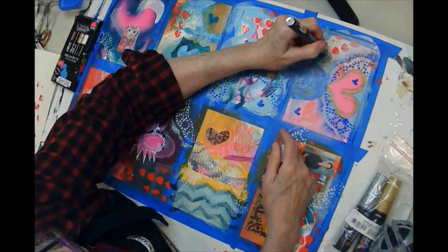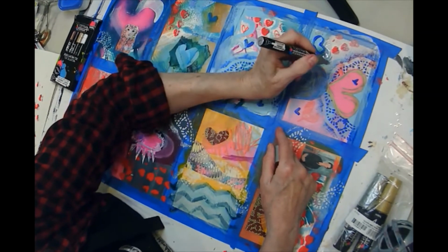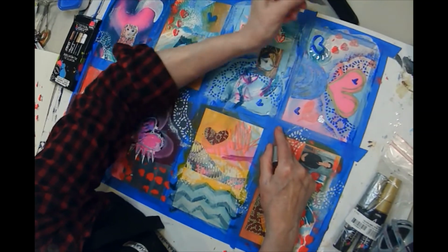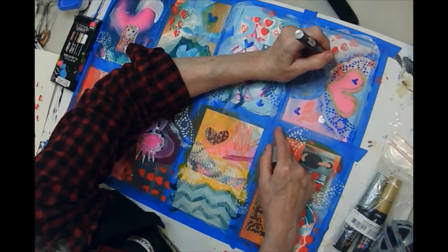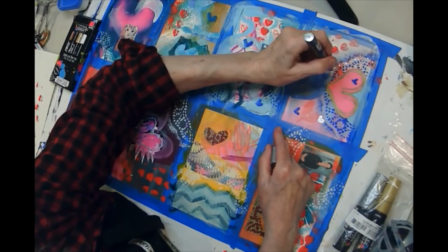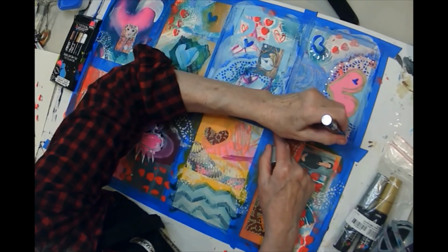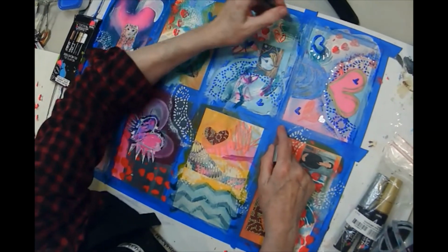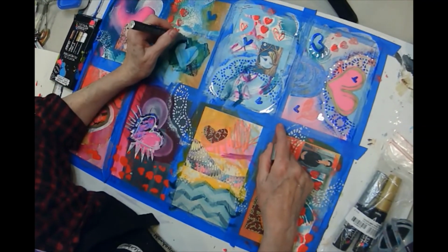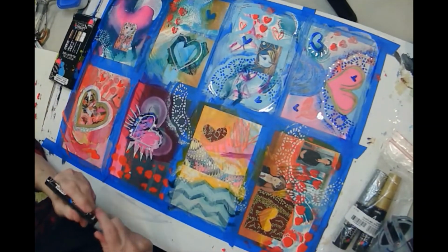Maybe we want to just put a little shine around some of these hearts. Maybe you want to add a few more hearts. You know, just if you like things that are shiny. And sometimes I do, so I'm adding them here now. Gotta let that dry a minute, and